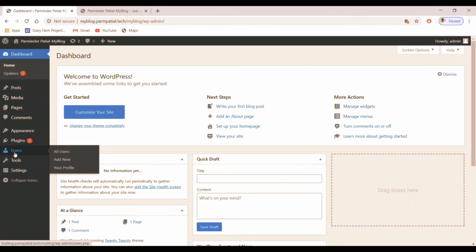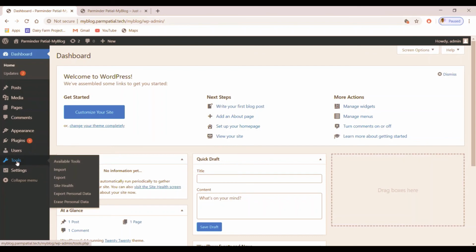Here is the user information. We can see all the users of this website. If we want to add a new user, we can use this button. And your profile, using this menu, we can see our own profile.